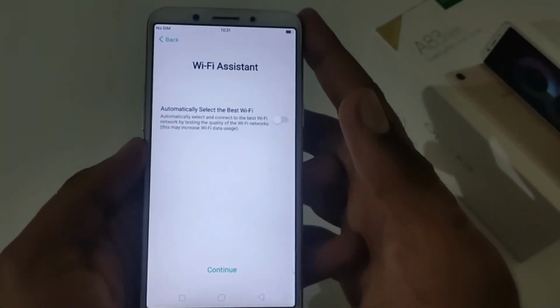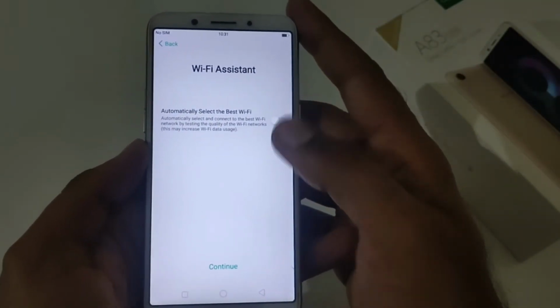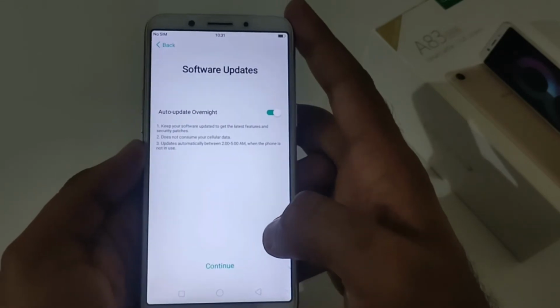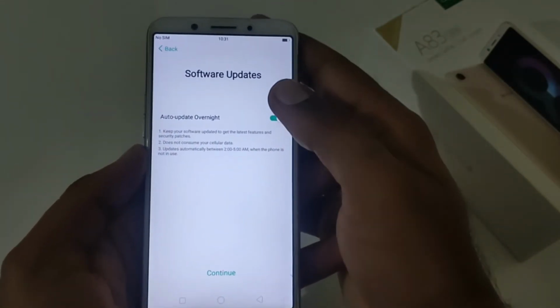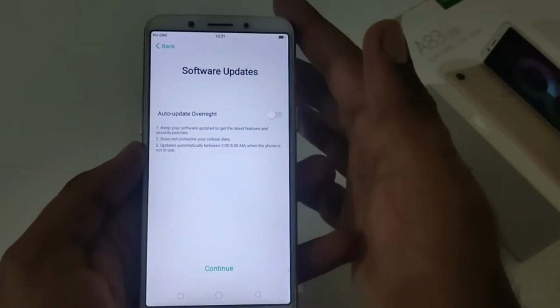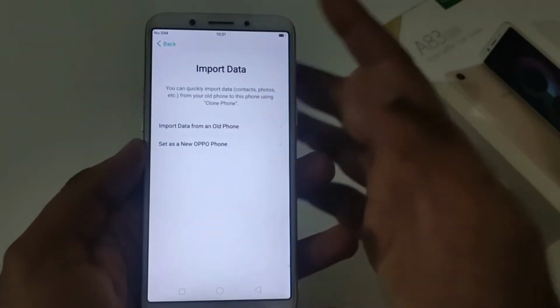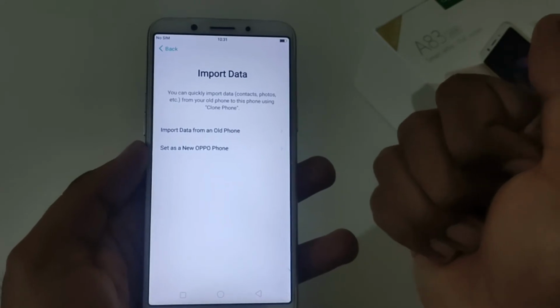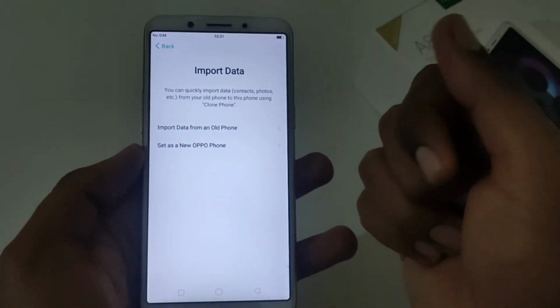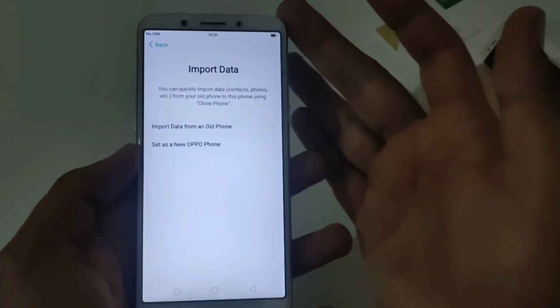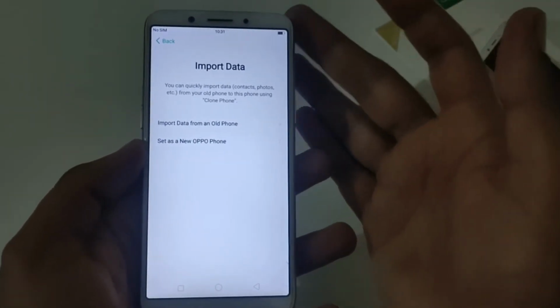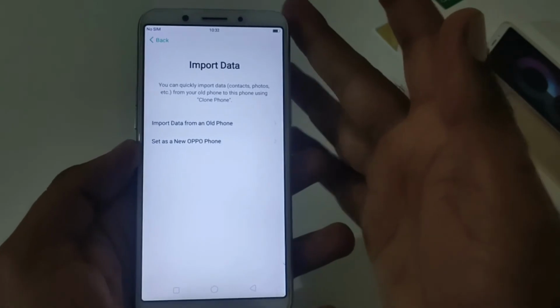For better battery management I recommend you turn this off. And from the software updates point of view, I would recommend turning it off so that you can update manually, because sometimes an update is installed automatically and prompts you to restart your phone. Sometimes we don't want to install an update, as we heard somewhere that it is buggy, so that will be very good for us.